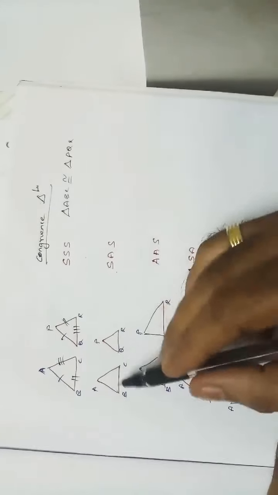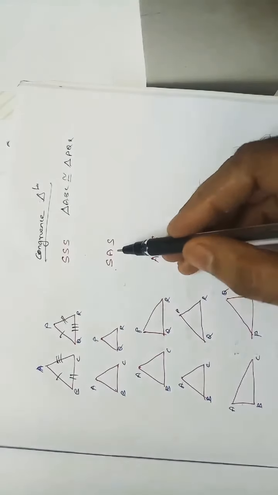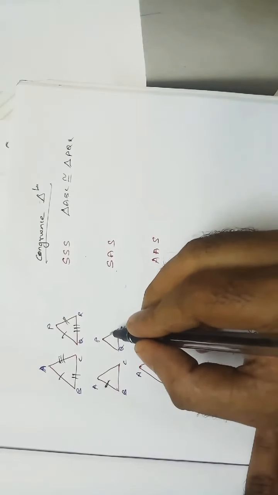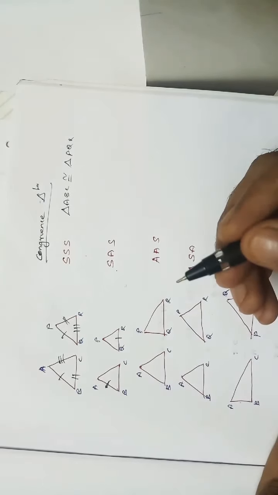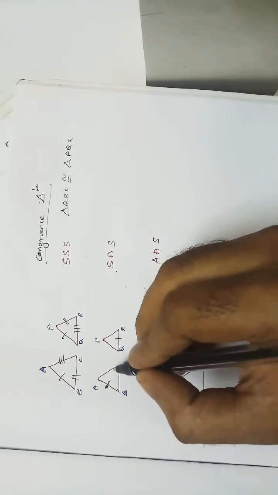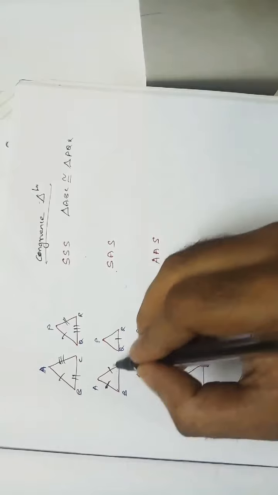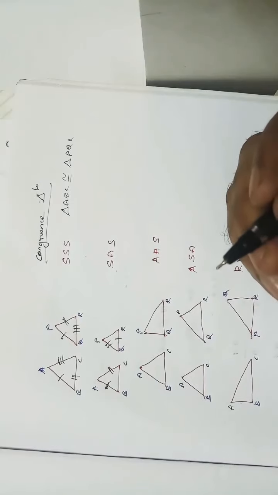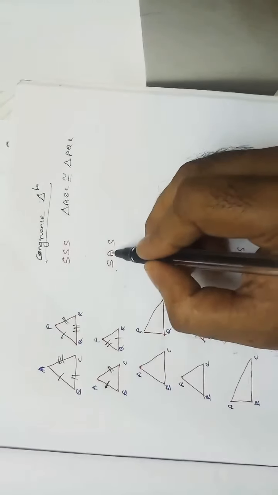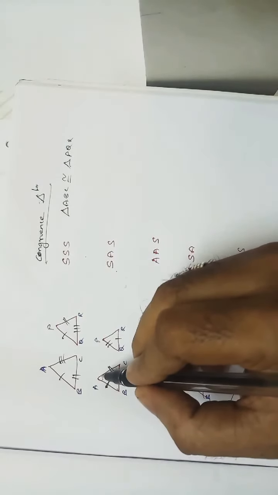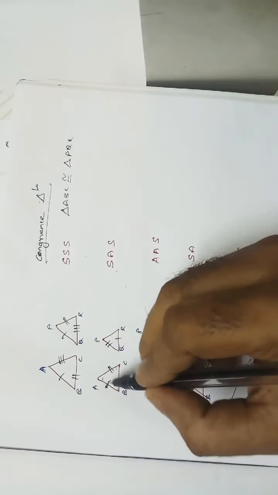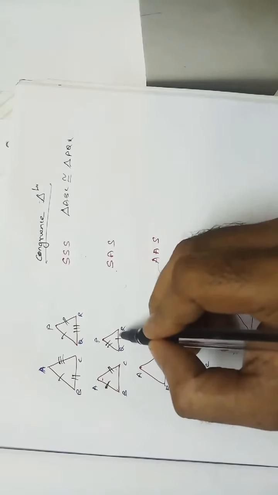So here two sides are equal in these two triangles and one inclined angle should be equal. Suppose AB is equal to QR, and AC is equal to PQ. And the angle, where should it come? Angle B or angle C or angle A. Which angle should be equal? Whether angle A and angle P should be equal, or angle B and angle Q, or angle C and angle R.